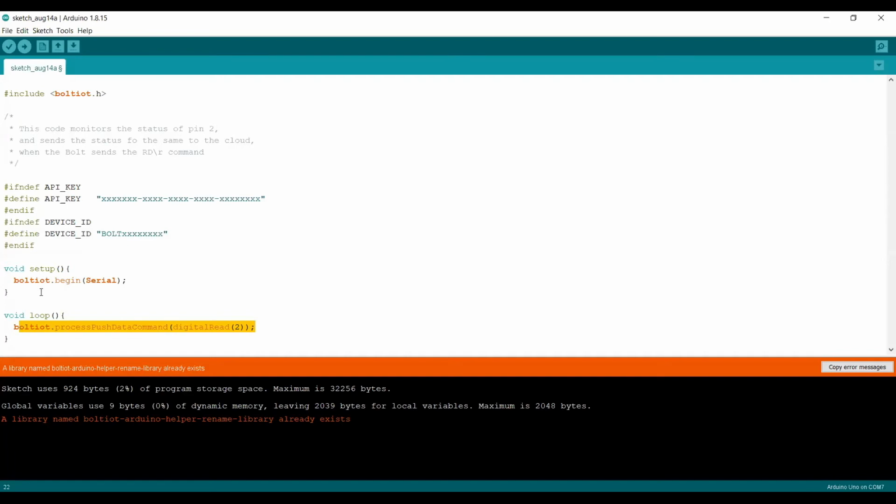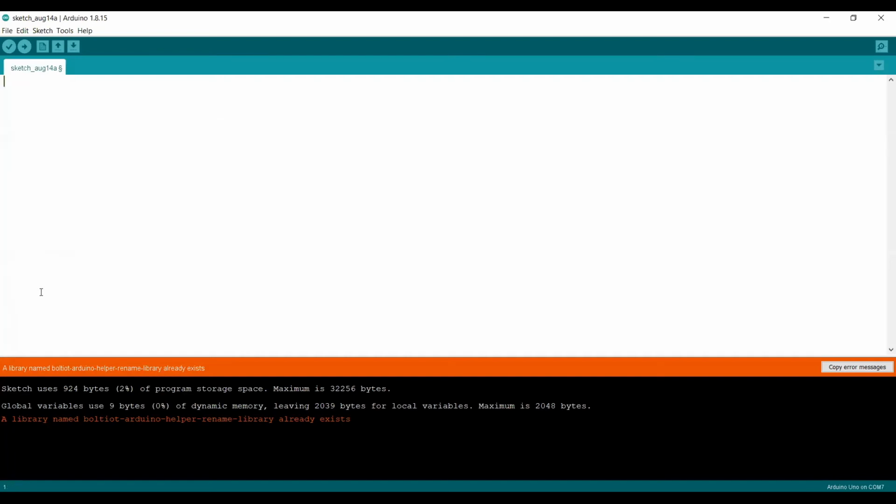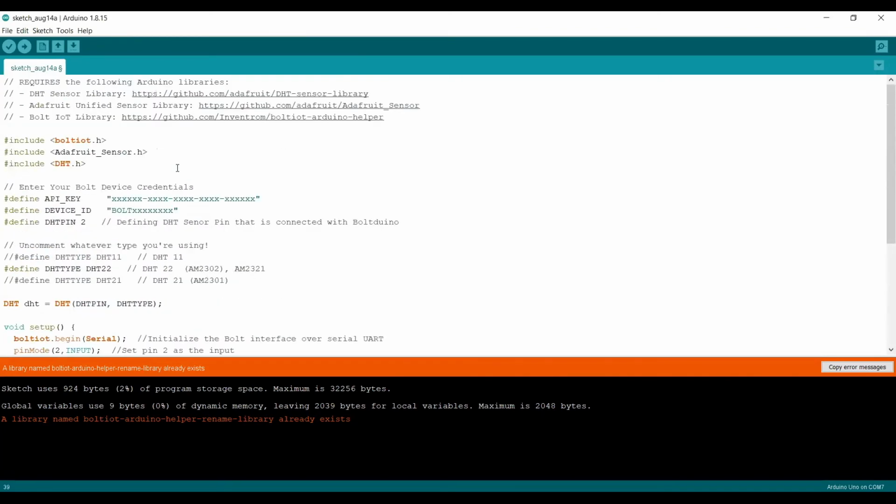So what I have done is I have prepared a very basic code for the temperature and humidity sensor. Let me quickly open it for you so that it will not consume much time for us. I have merged both of these codes. Once I explain it, you will be able to understand it more clearly. I hope my code is visible, right? Are you able to see this code?